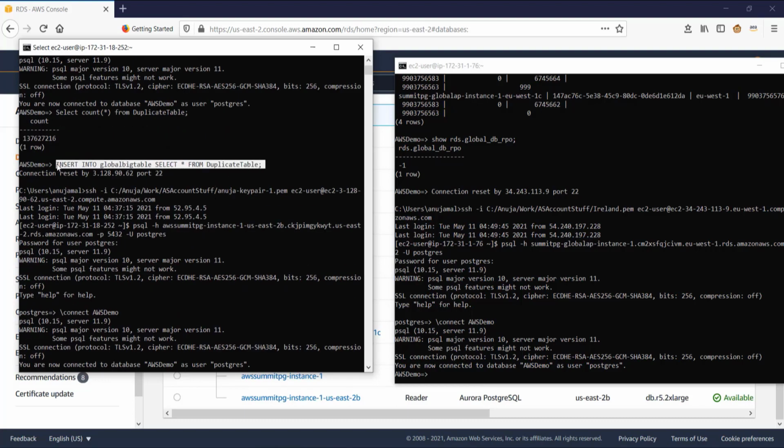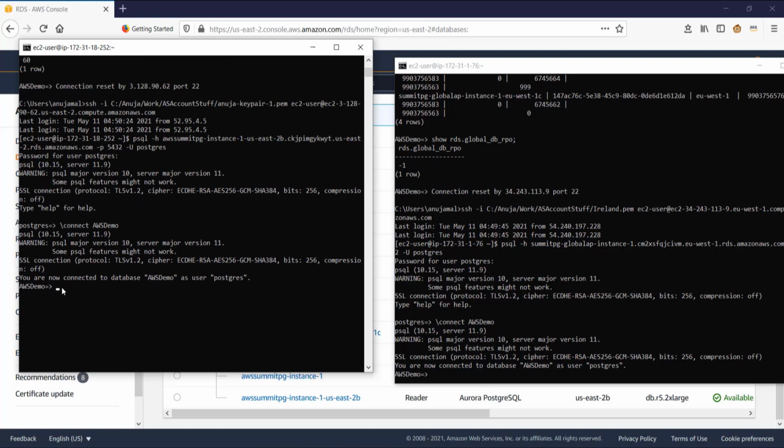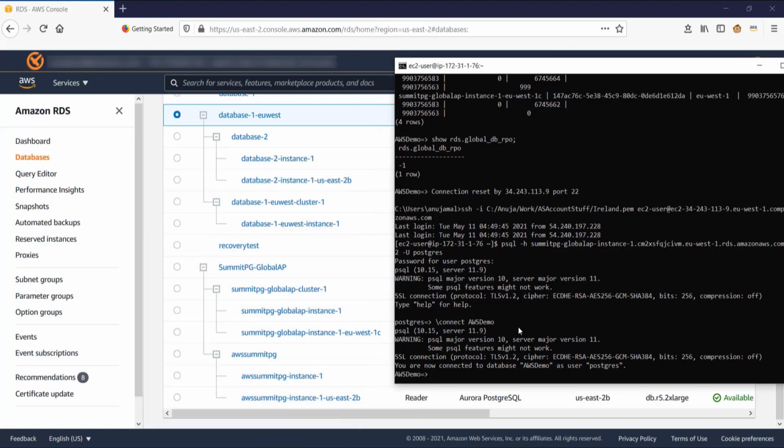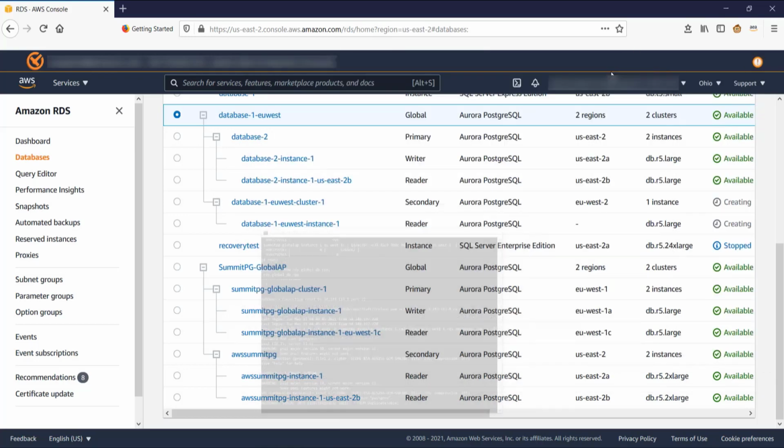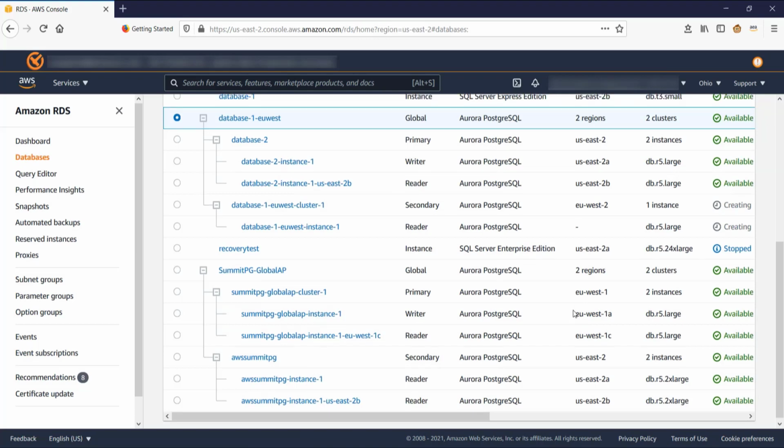Let's try to run it again this time. And I get an error that you cannot execute this because this is in a read-only transaction. Whereas I can take this command and I can run it on my new primary, which is in the EU. So that's managed failover of how you can simply, at the click of a button, choose to